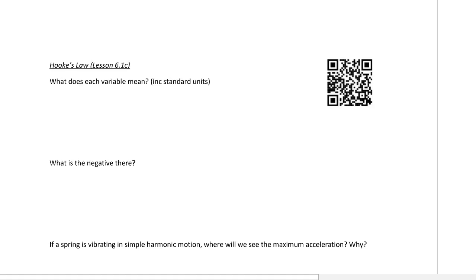Okay, so we've got lesson 6.1c on Hooke's law. Now, Hooke's law really can be described by this formula: F is equal to negative kx. And it's probably the best way to describe what Hooke's law is by first of all running through the formula. The first thing is that F is the restoring force